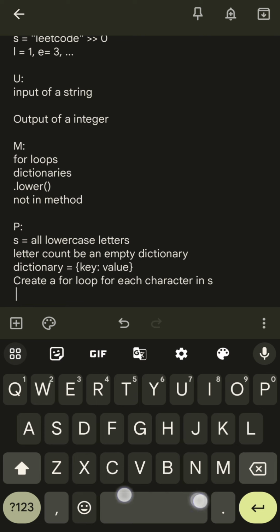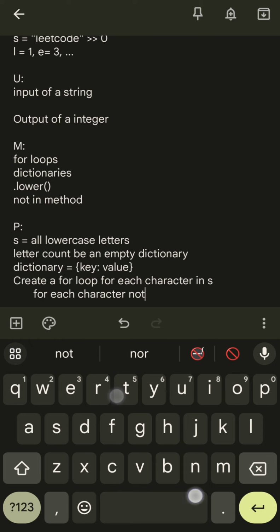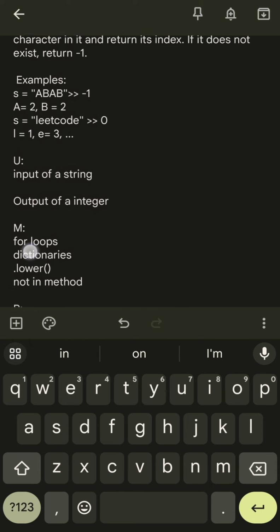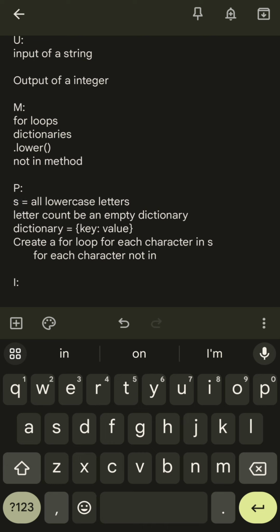Perfect. Now, with that in mind, we're going to check if a letter is inside. So for loop, we're going to call it for each character. For each character not in, that's where we use our not in from our matching. For each character not in our dictionary,